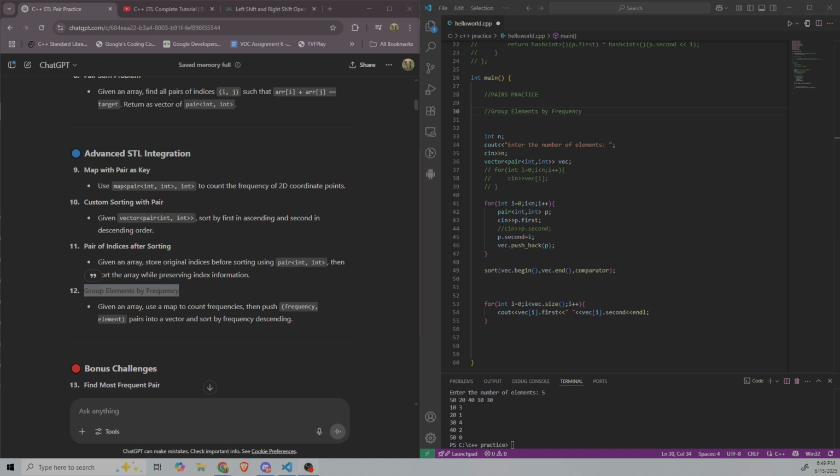Well, actually, I'm going to avoid solving this 12th question because it is again kind of the same thing. All that we have done until now, it just combines it into one question. What it wants us to do in this is, we are given an array. We have to use a map to count